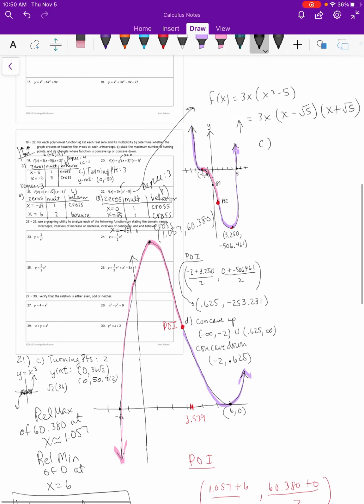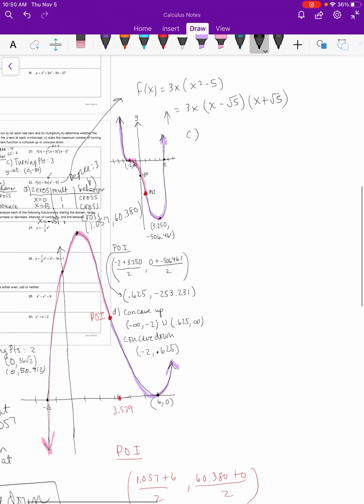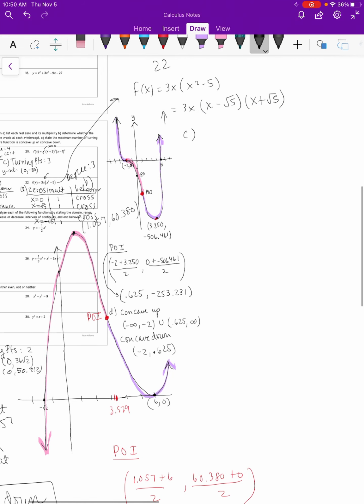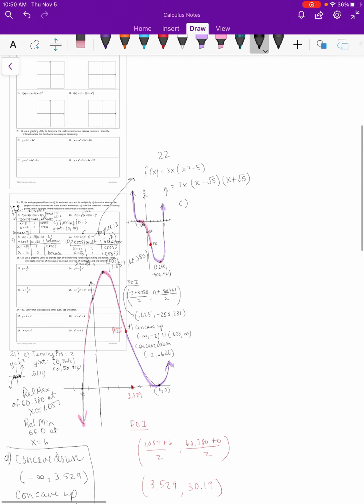So for part C, number of turning points. And again, this is number 22, sorry. Does not like me today. There we go. 2. Okay. And we'll go ahead and get ready to draw a picture of it. This one's not bad, again,